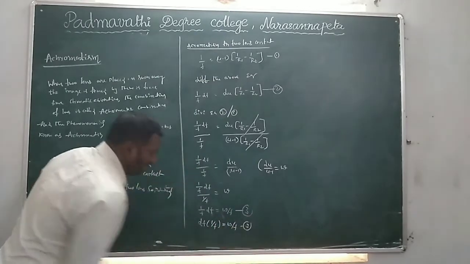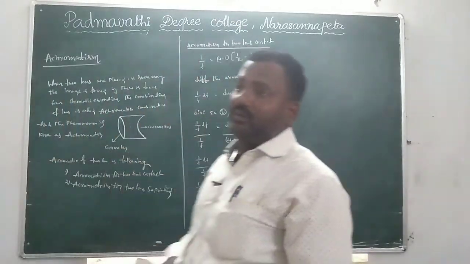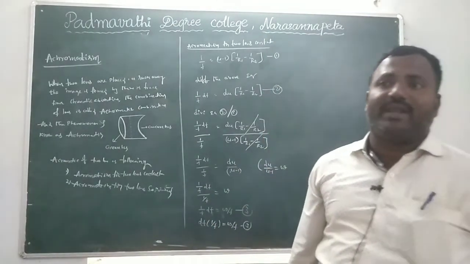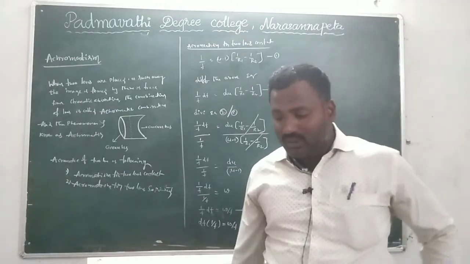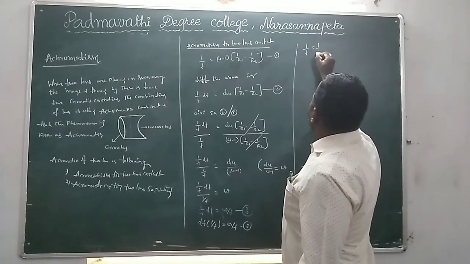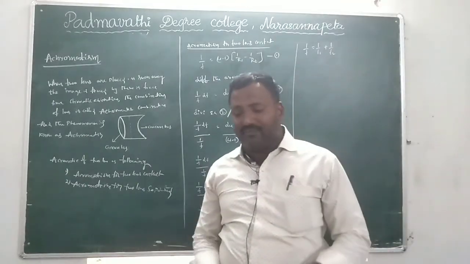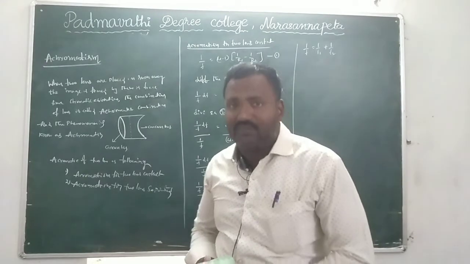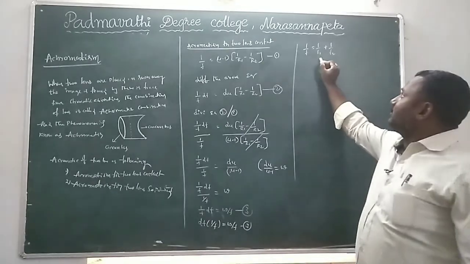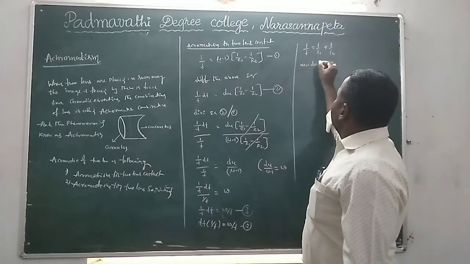Now if f1 and f2 are the focal lengths of two lenses with refractive indices mu1 and mu2, the focal length is 1/f = 1/f1 + 1/f2. Here f1 and f2 are the focal lengths of the respective lenses, and the focal length of the combination is said to be 1/f = 1/f1 + 1/f2. Now derive the above